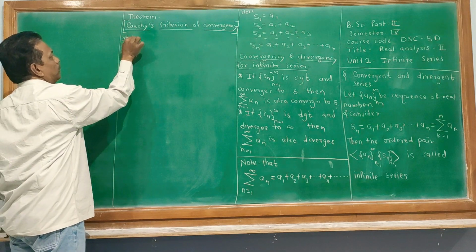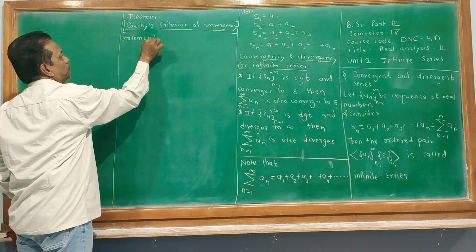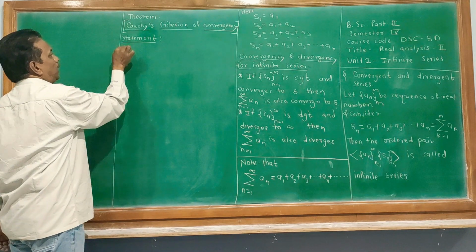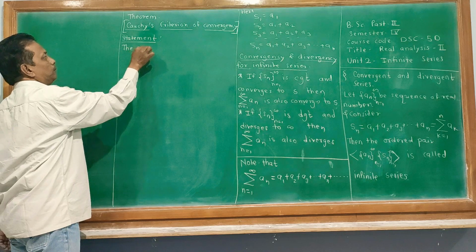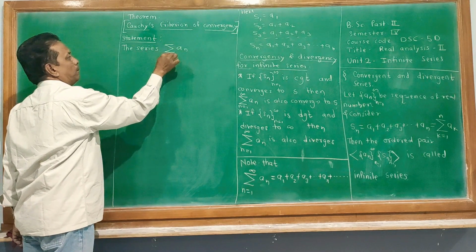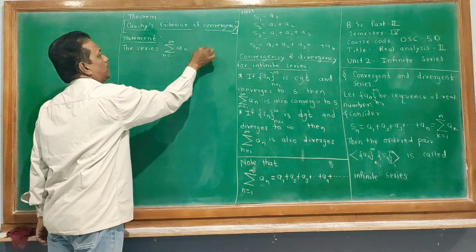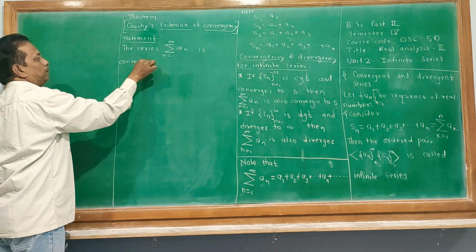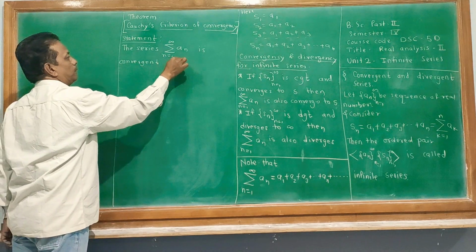Statement is like this: the series sigma An is convergent series if